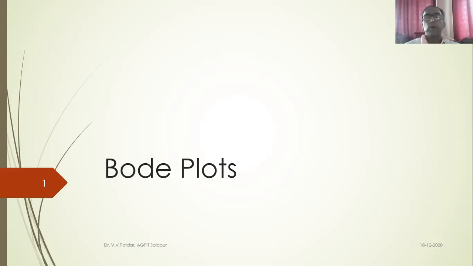What is this ramp function input? In a ramp, the force is continuously increasing with respect to time. If I put it on a graph paper, with t on the x-axis and F on the y-axis, as the time increases, force is also increasing. So I'll get a straight line, a ramp type of sloping line. What does that mean? At time 10 seconds, the force was 10 Newton. After 10 more seconds, the force has become 20 Newton. So proportionately with respect to time, the force is gradually increasing.